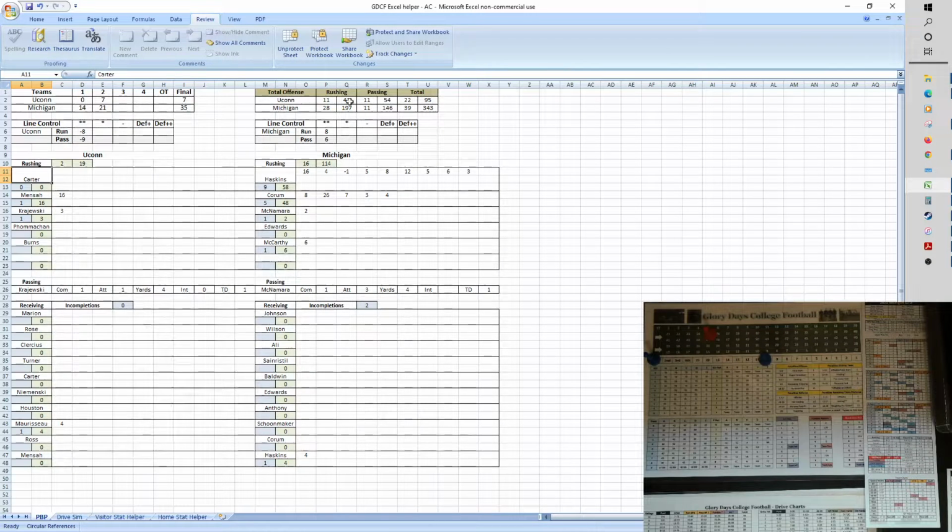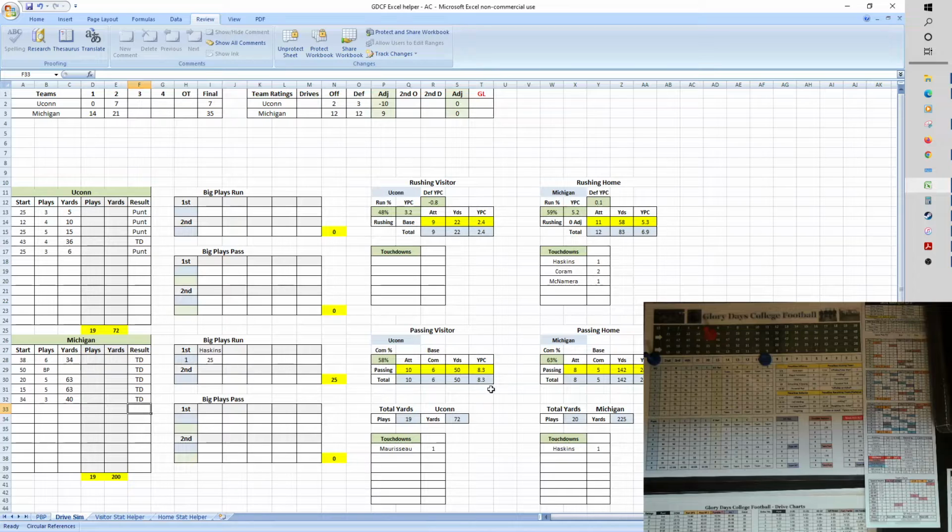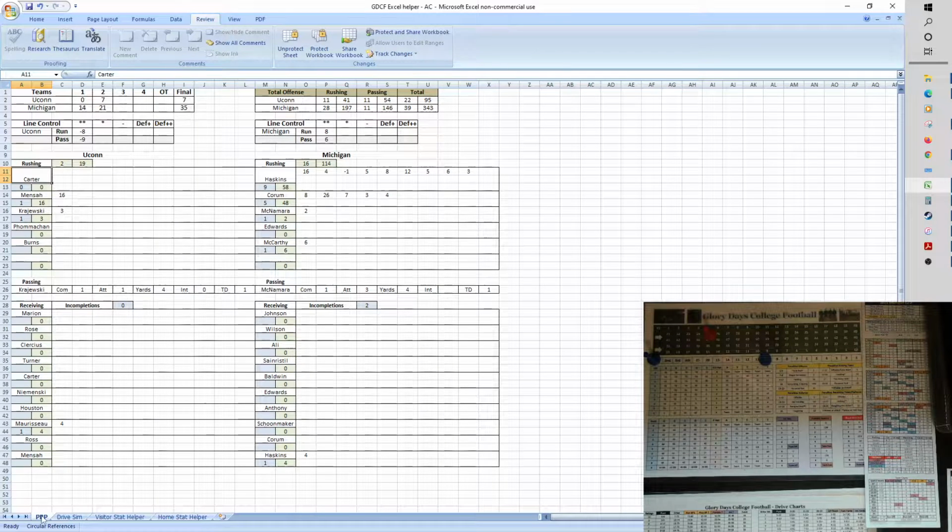So that's why they're averaging a little bit better than what you see here in the drive sim, which would only be 2.4 with Michigan's adjustment. So that's how that all works, and this pulls that all in together so you get complete and balanced stats. They've got 54 yards passing on 11 attempts, so a total of 22 plays, 95 yards. UConn getting dominated up front. Michigan again 343 and almost 200 yards rushing at this